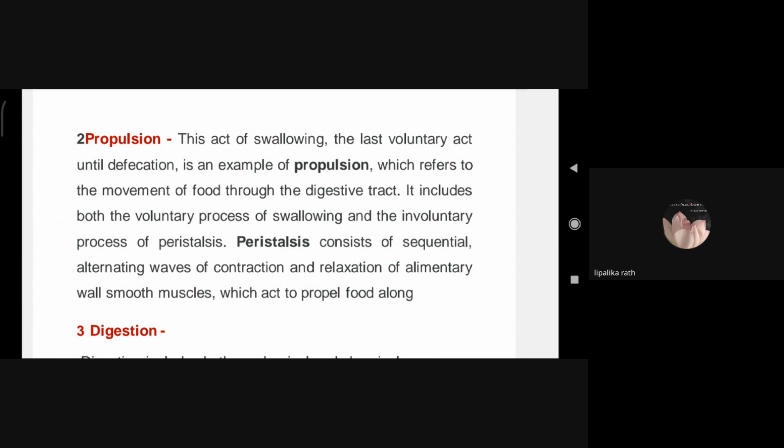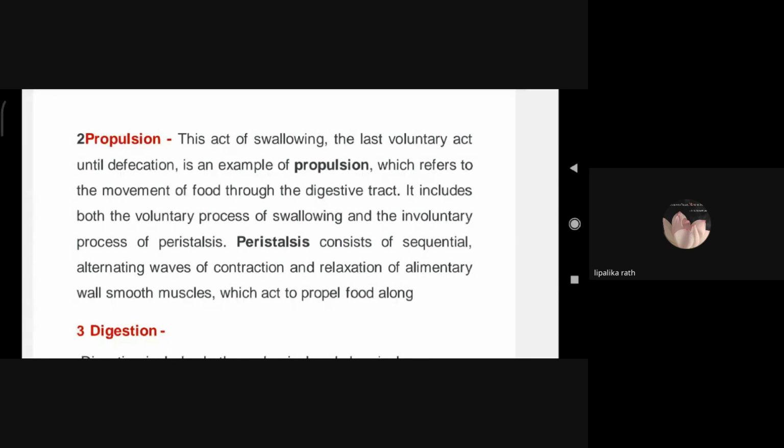So propulsion refers to movement of food through the digestive tract. It includes both the voluntary process of swallowing and the involuntary process of peristalsis. So let me clear the propulsion. Propulsion is the whole